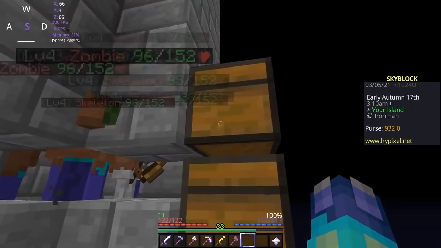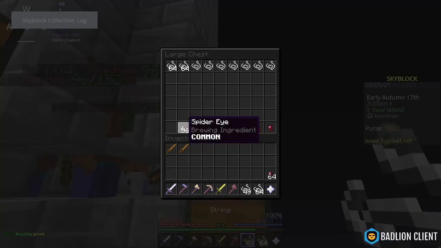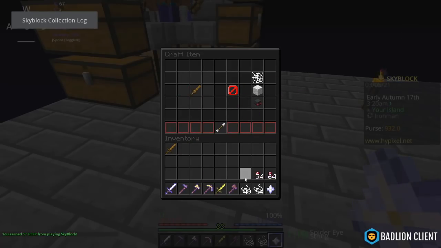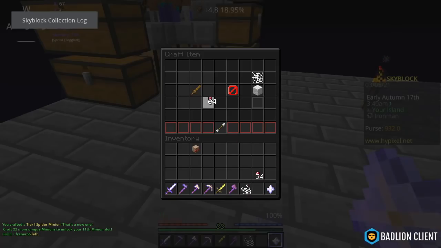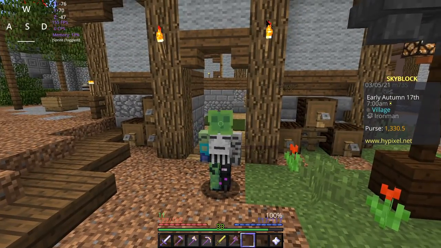I just checked the recipes and we do actually have enough to craft ourselves the spider minion and the cave spider minion as well. So let's go ahead and do that right now. First, let's do the regular old spider minion. Alright, here we go. Spider minion 1. Boom. And then let's do the cave spider minion. And there we go. Cave spider minion. Perfect. Now that our mob farm is up and running, I kind of want to try my hand at